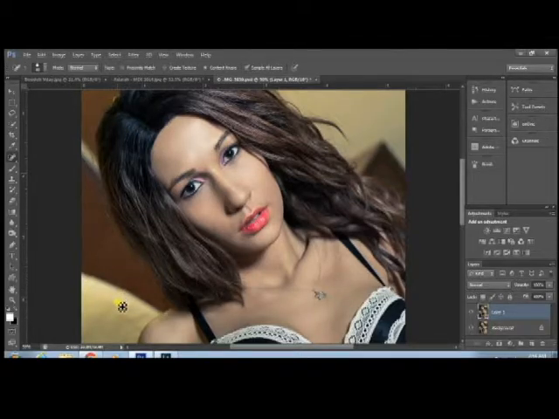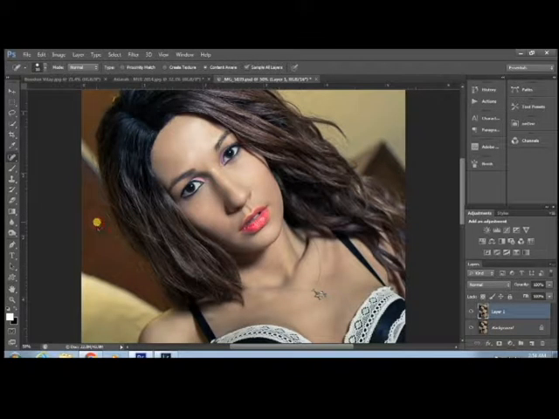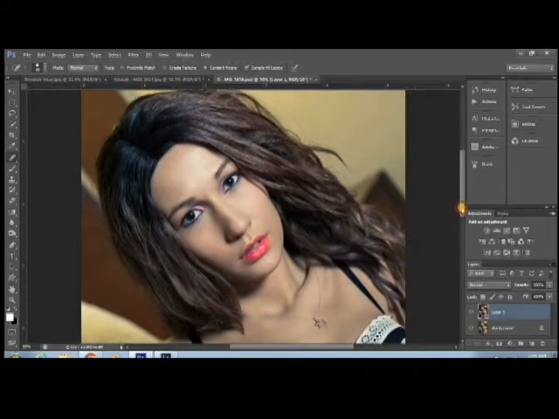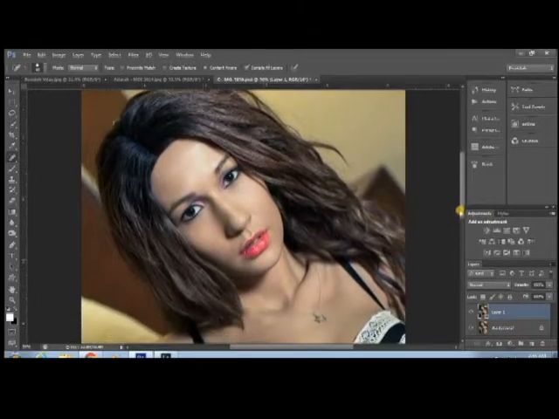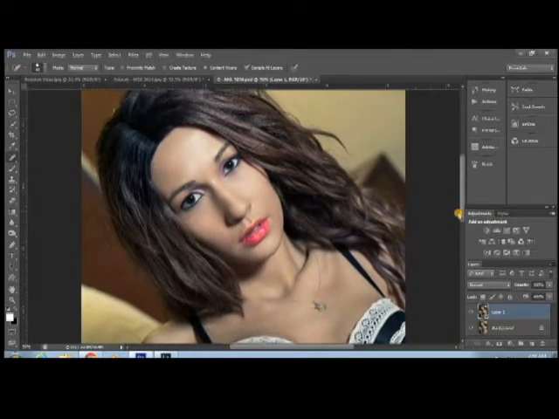I just used a healing brush and go over those and take care of some of the more prominent strands that are flying away. Exciting stuff, huh? But this is what you do, you know, or this is what you should do. The trick is to make it look natural,